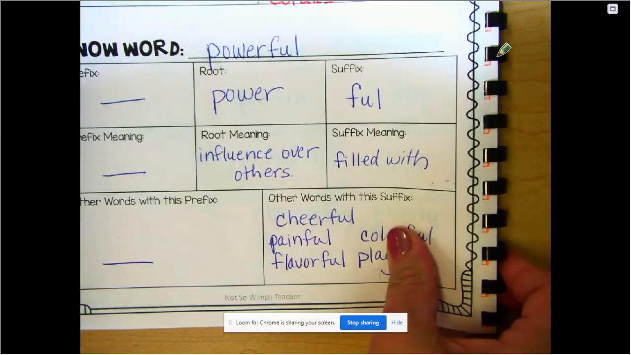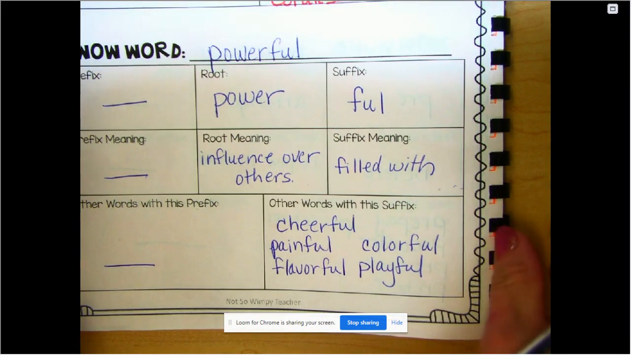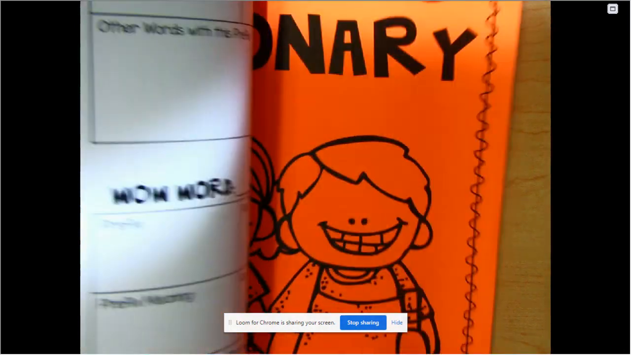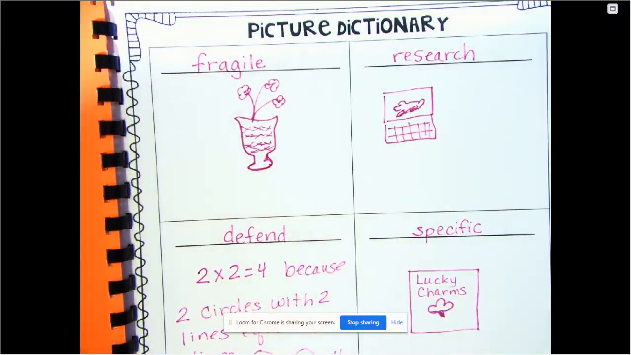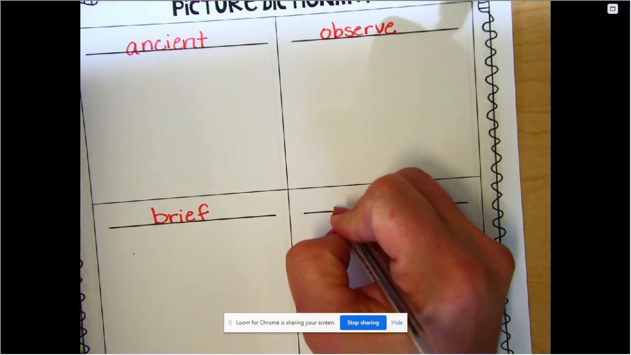All right, so make sure you have all of those written down. Pause it if you need to, but that should be written down in your workbook, your vocabulary workbook. And then we're going to go back to the cover here. I'm going to go back to our picture dictionary. Okay. So the last one we had was brief. So now we're going to add in convince,